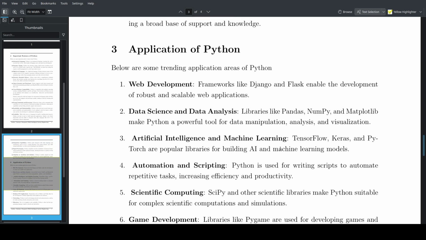What are the applications of the Python programming language? As I said earlier, it can be used in web development, for example, using Django and Flask. It can also be used in mobile development, using Kivy and Flet. Instead of using Flutter, you can easily write your programs with Flet. In fact, I've written programs with Flet and it's fine and cool, including chat applications. It's very easy with Python.